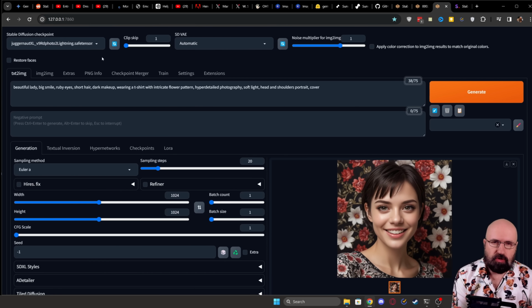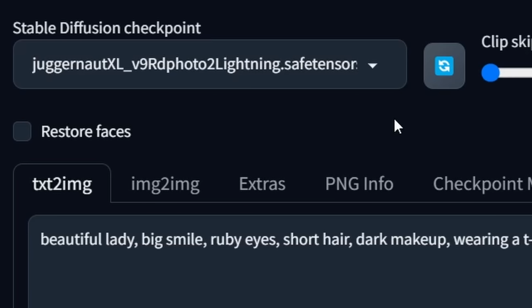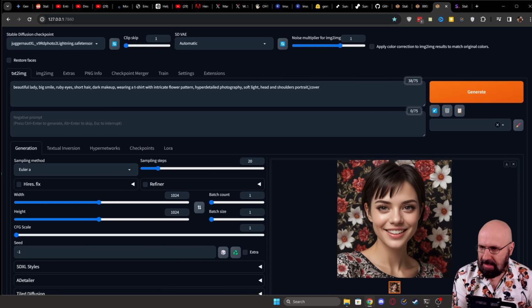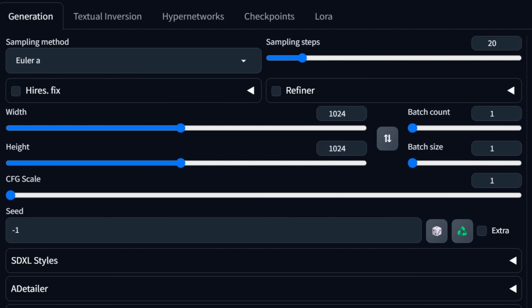Now let's look at how to use the same thing with an SDXL Lightning model. For that I'm using Juggernaut XL version 9 RD Photo 2 Lightning. Here I have the exact same prompt. However, for the settings in the first step, to get some better quality here, I'm still using the Euler A